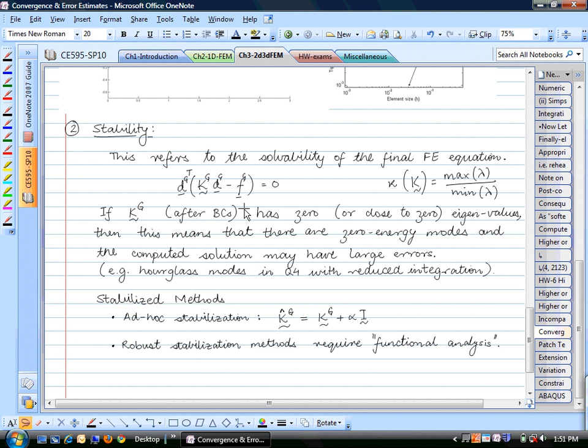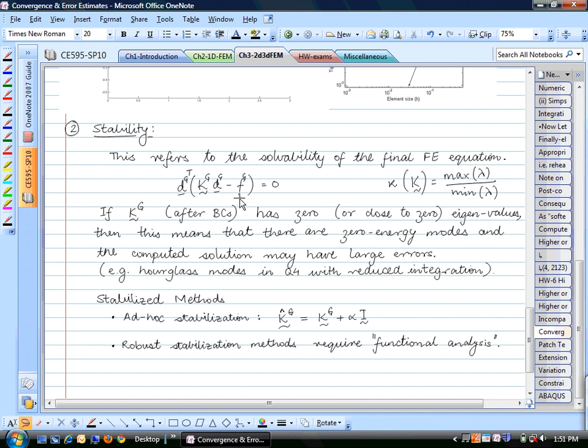If the condition number is very large, let's say 10 to the power 7, 10 to the power 10, whatever, a large number, then large condition numbers are bad, which means that you cannot accurately solve this equation on a computer,